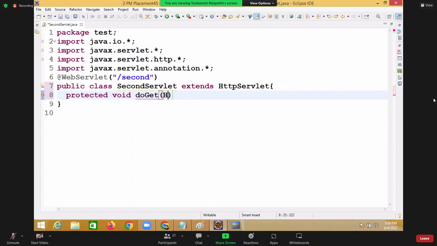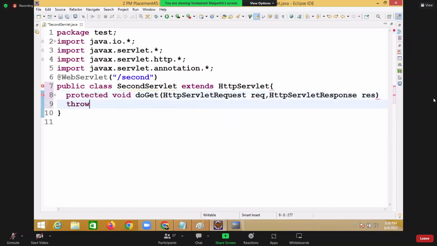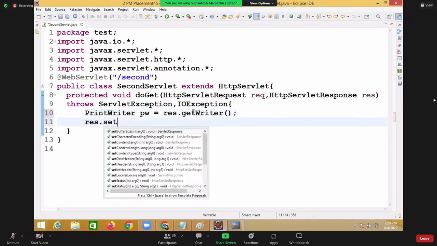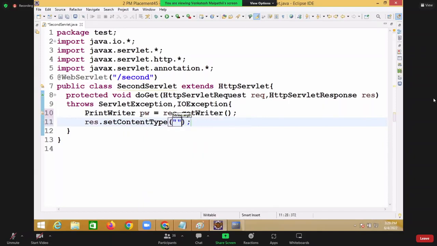Here, doGet, HttpServletRequest req, HttpServletResponse res, throws ServletException, IOException. Here again, PrintWriter pw = res.getWriter(); res.setContentType("text/html");